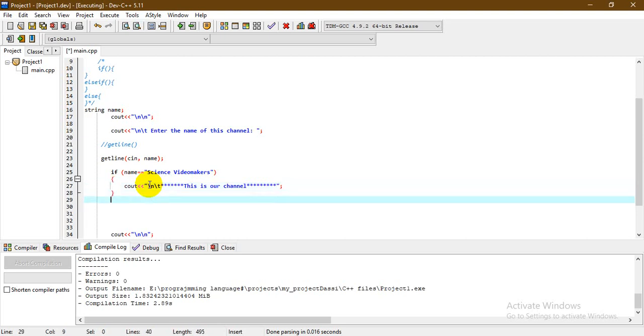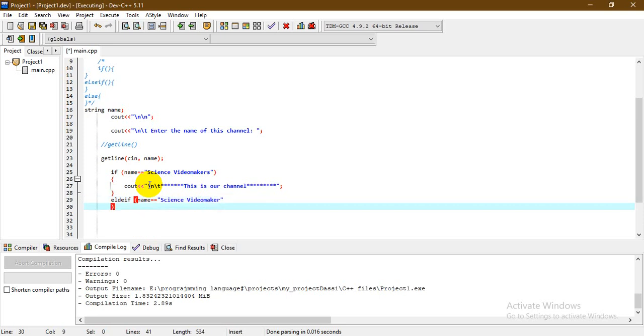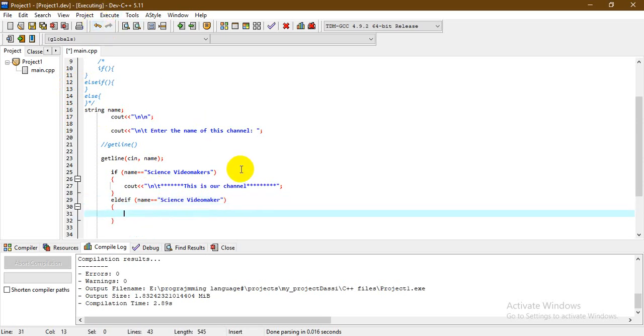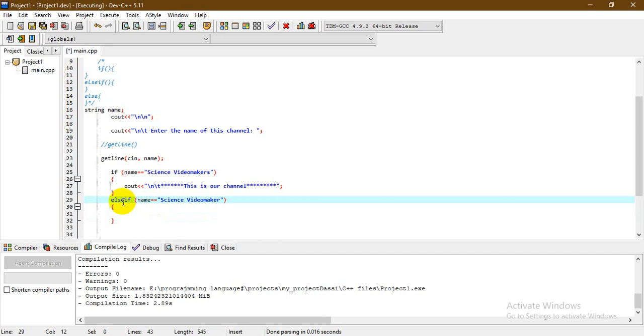Now we go to another one. I can use a switch case or I can use an if else statement. So this is the first case. I'll use an if else statement. So else if name equals to, I place science video maker without an s, so this is else if, you write cout,